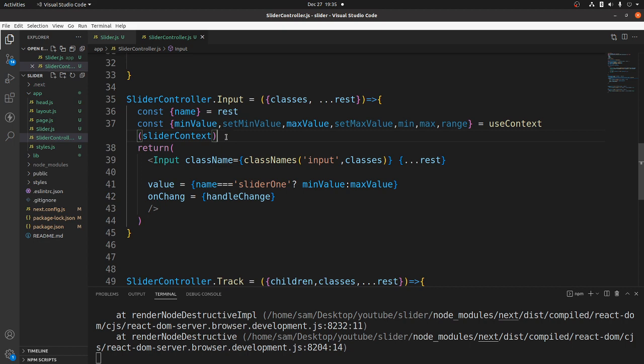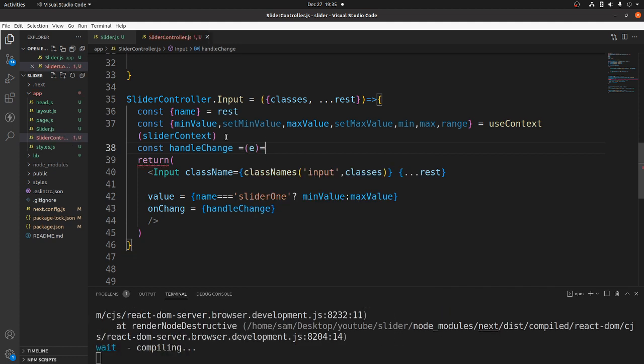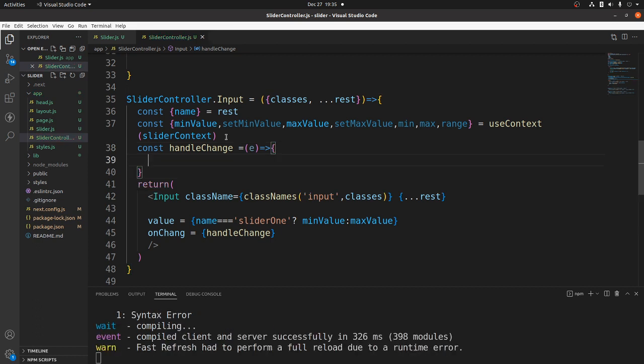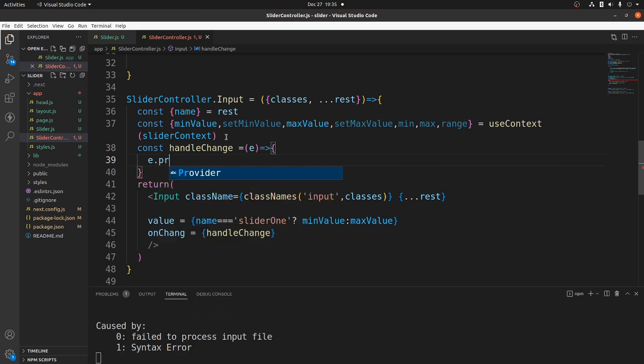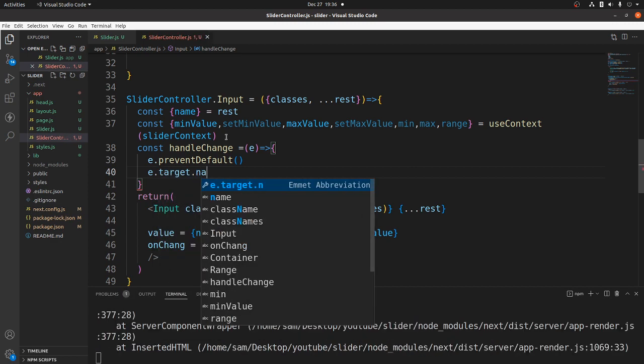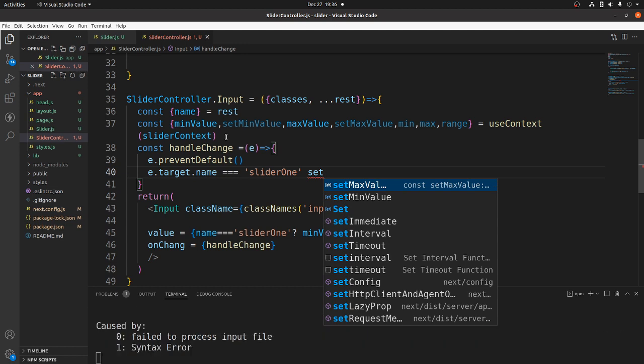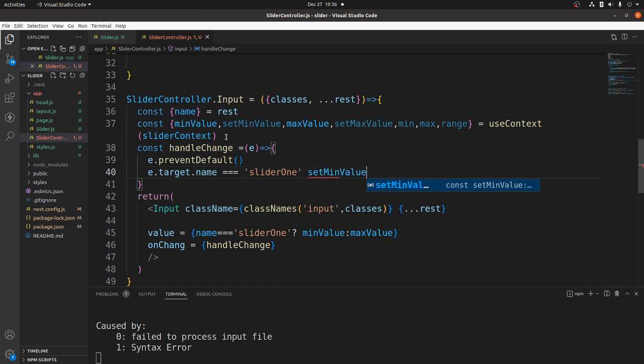For the handleChange, I come in here and write the const change equals to a function that takes an event prop, and then first of all we have to do event.preventDefault, and we say e.target.name, if it's equal to slider1, set mean value to e.target.value, else set